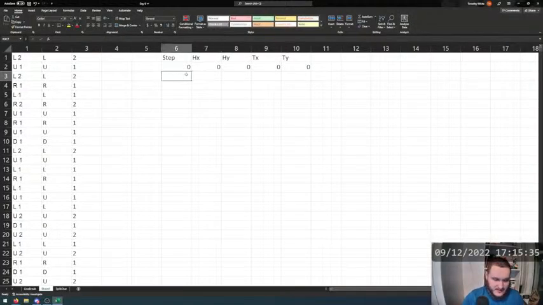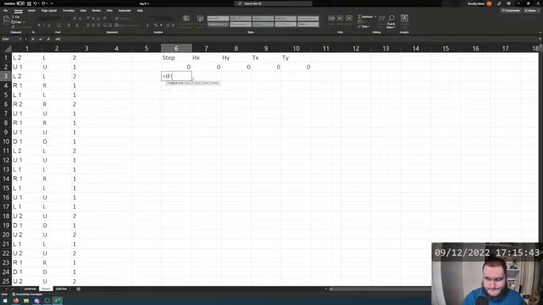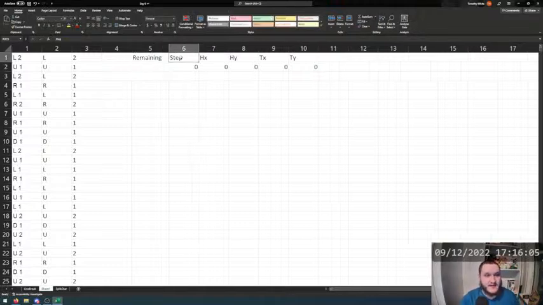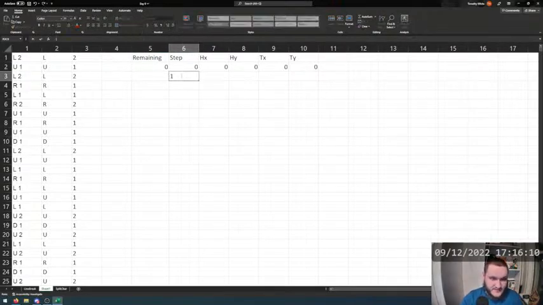So I'm going to have to make a thing here that looks for... I want to do remaining, so I can basically navigate how the head moves. Basically, there's none right now. It'll start with step 1, and remaining is